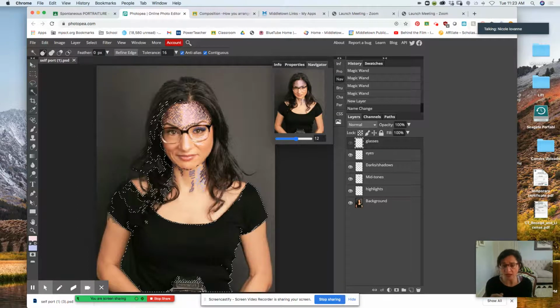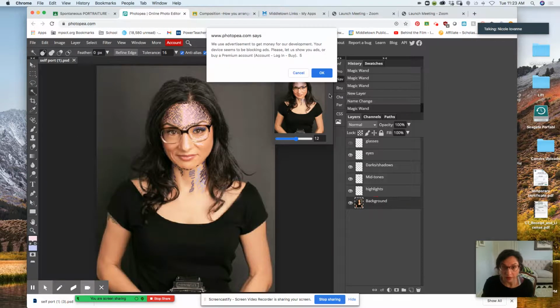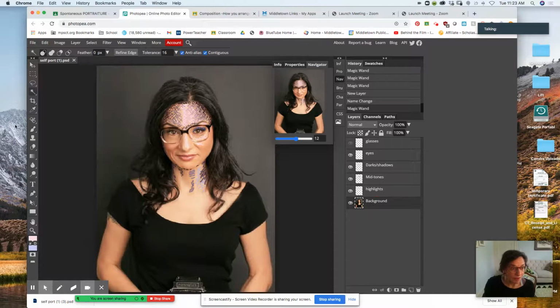There are ways to add to the selection or subtract from the selection. In Photoshop, I know for sure that the Alt button will subtract from your selection and the Shift key adds. So I haven't tried it yet in Photopea. I'm guessing it's probably the same. Usually you can hit Alt and kind of push away and it will subtract. Of course, it didn't work in this case because I haven't quite practiced it and I'm not perfectly sure if it's identical to Photoshop,